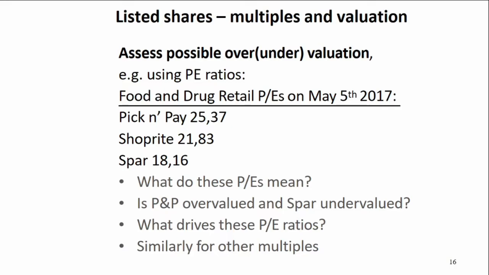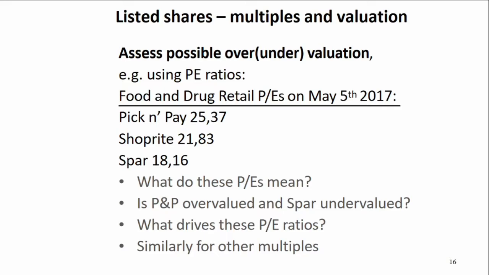And the next question we want to ask ourselves is, is Pick n Pay overvalued and Spar undervalued? How will we assess whether Pick n Pay is overvalued and Spar is undervalued? To assess this, it is necessary to calculate the sector's average PE ratio. So if we calculate the average of this sector with the information we have available, we will get a PE ratio of 21.78. So from this, it can indicate that Pick n Pay is overvalued and Spar is undervalued,